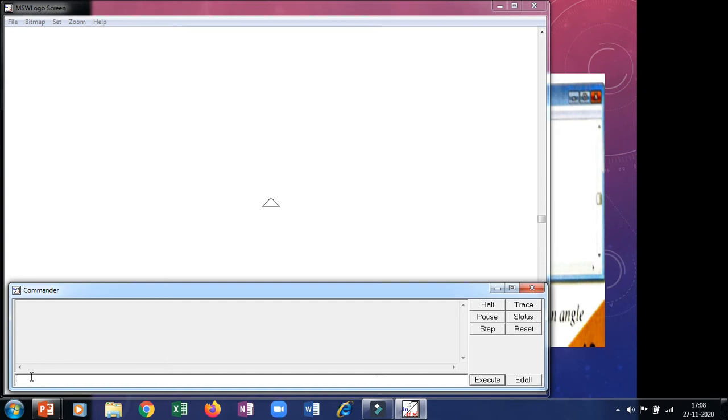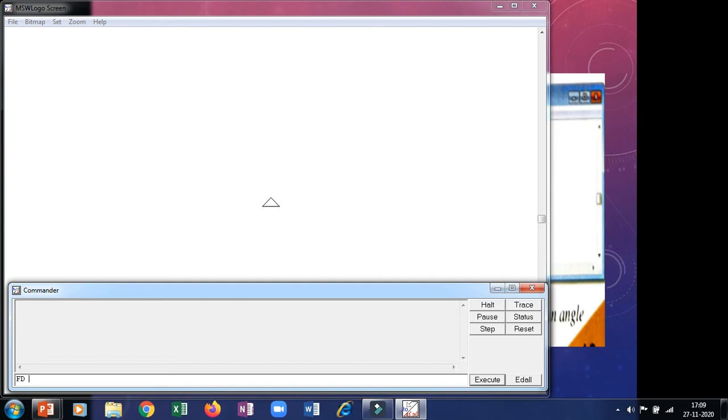Let us try one command. A simple command to make the turtle move forward. If you want to move the turtle forward, the command is forward, and in short we write FD. We can write in small letters or capital letters. But if you write only FD, the turtle will not understand. It will ask how much. Means if I tell you to walk, you will ask me, ma'am, how much we have to walk or till what position. In the same way, we have to give the turtle the number of steps, how many steps it should walk.